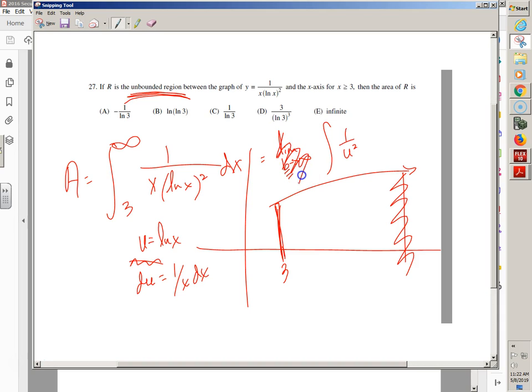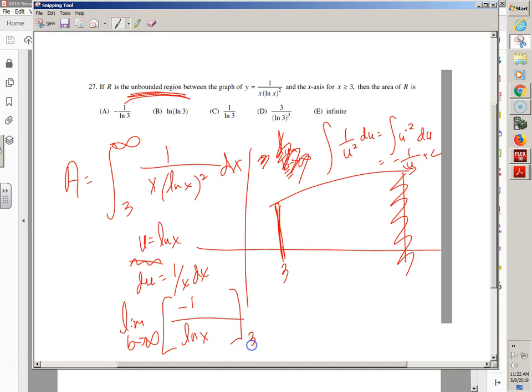So I might go off to the side and come back to that. If I was doing an FRQ, I might just do this off to the side. And then I'd have u to the negative 2. And I would get negative 1 over u plus c. I would come back and I would say, okay, it's the limit as b goes to infinity of, and I would use this as my guide, negative 1 over ln of x, from 3 to b. There we go. Negative 1 over ln of b as b goes to infinity,